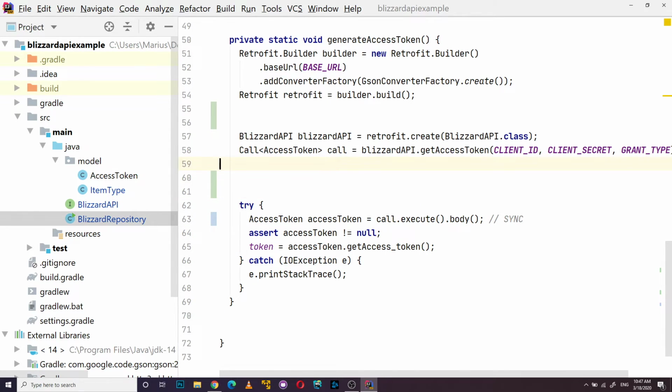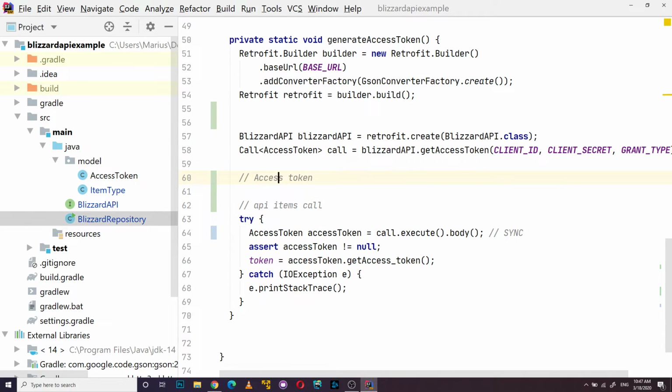If you're calling async, it will be like this: the access token, and you have some API items call. And if you're calling async, maybe the first call finishes this function,